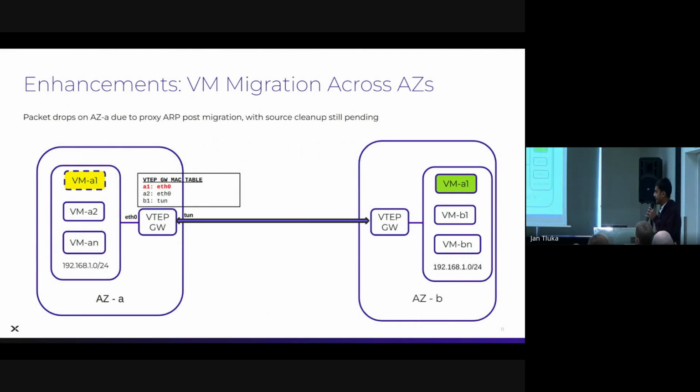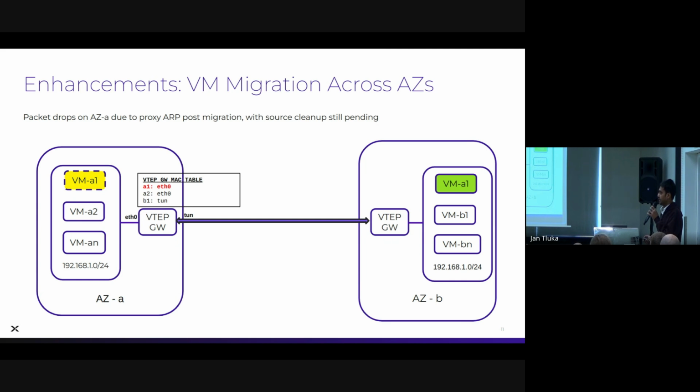So now the migration is completed, but the CMSP, or the CMS plugin, may take some time to clean up the resources on the source side. It could be a few seconds, but we are targeting near zero downtime. So in this case, once the VM is migrated, the VM will send the GARP packet. Since it's an L2 broadcast packet, that also will get tunneled, and it reaches here,